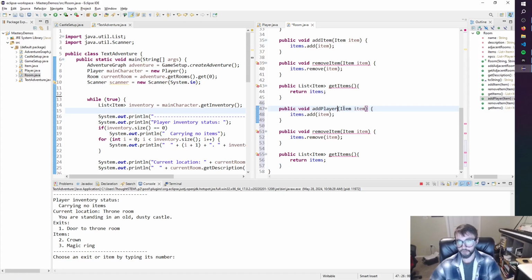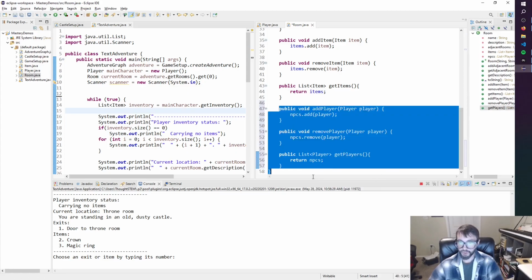So say add player. Let's say player. Change this here as well. Change this here as well. And change this. And this. And this. Okay. Did I get it? Nope. A couple more. NPCs. And NPCs. And NPCs. Okay. There we go. So now we have the three matching methods for players,